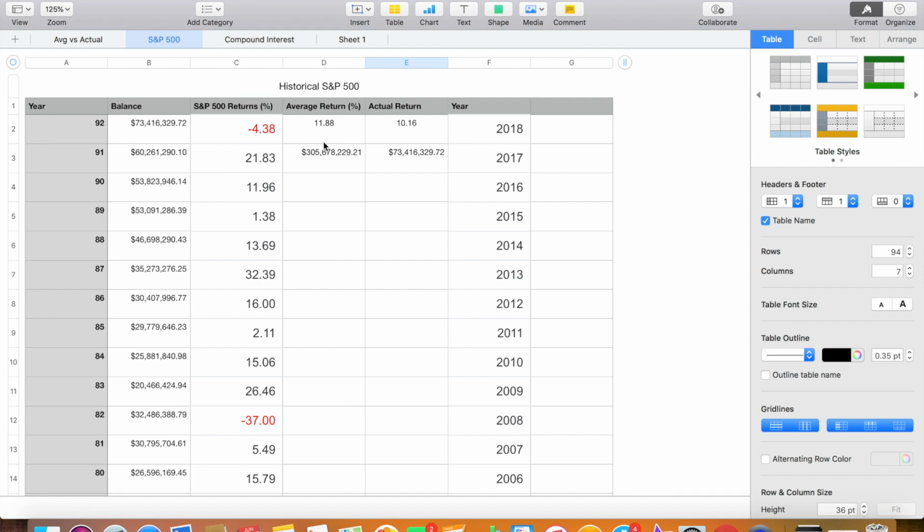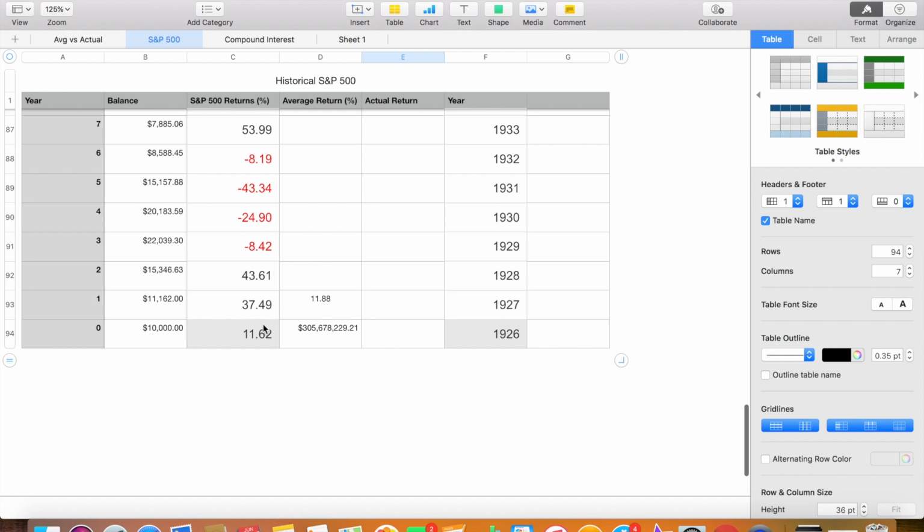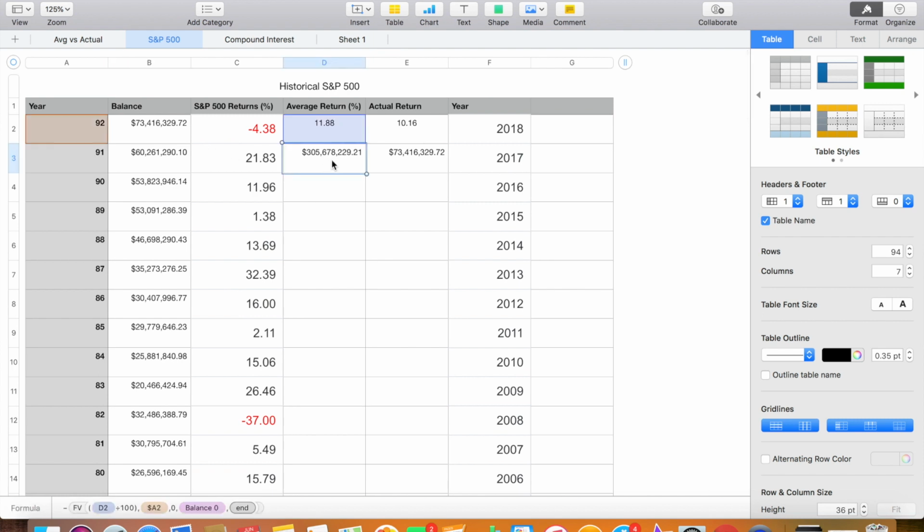But let's continue on. You can see the $300 million is what we've recorded right here with the 11.88%. Now, doing the actual calculations, going back to the very bottom, for example, we start with $10,000, and in 1926, the return was 11.62%, which gets us $11,162, and then we continue on with that. If we continue and do that over 92 years, it does not give us that $300 million. It in fact gives us